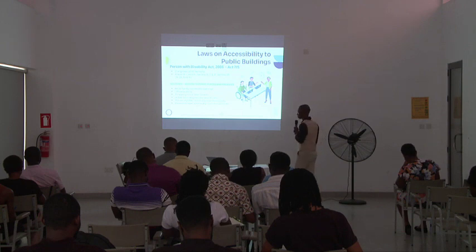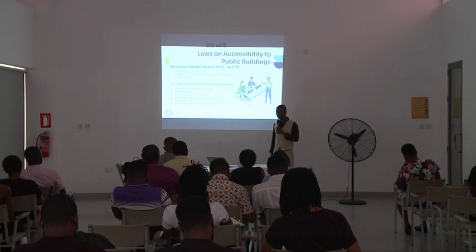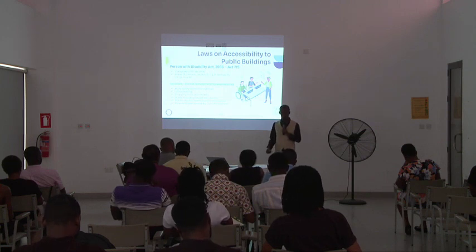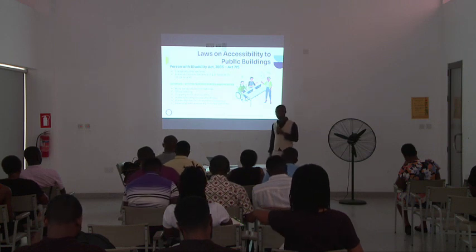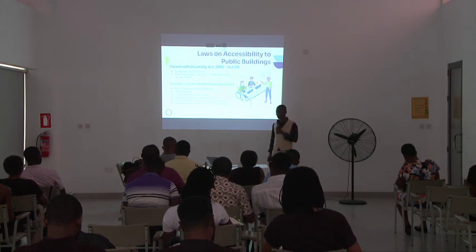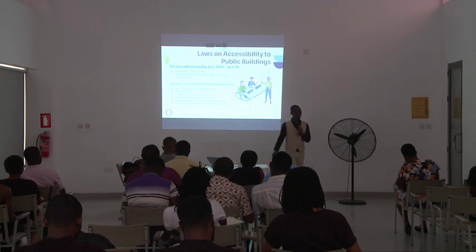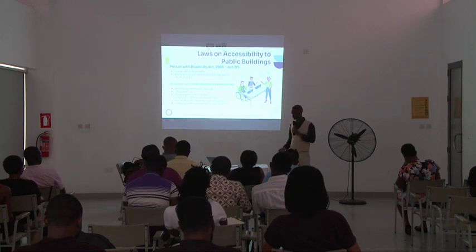So section 6 deals with access to public buildings. When we talk about public buildings: multifamily residential buildings, so apartments; office buildings; shopping malls and markets, Makola Market is one of them, all the markets; then hotels, boarding houses and chalets; and public places of assembly, parks and open spaces, zoo, civic plaza. So you realize the Nkrumah Mausoleum, the beach, everywhere, is covered.